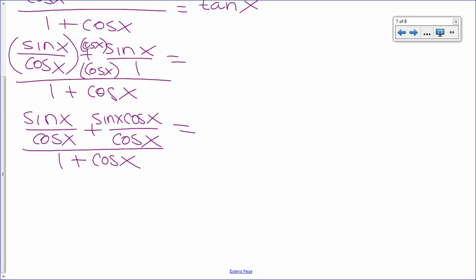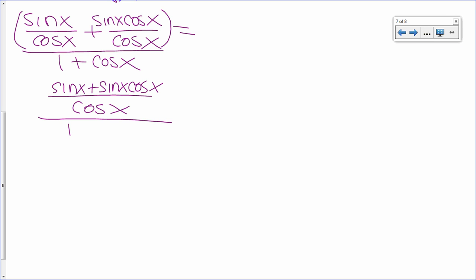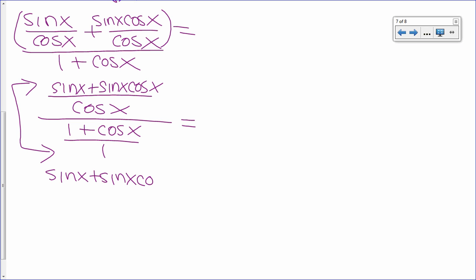As soon as I finish this one, I'll let you guys go. So now I'm going to write that numerator under one fraction, so it will be cosine x. And here I have sine x plus sine x cosine x. Everything over 1 plus cosine x over 1. And then here we could apply the sandwich rule, just to rewrite it. So multiply the outers, that will be sine x plus sine x cosine x, everything over cosine x times 1